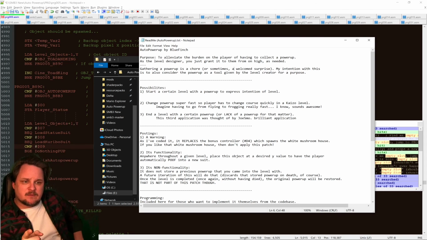Or three, and Joe Smo gave me this idea, which I thought absolutely brilliant. In the level with a certain power up or lack of a power up. So in the level is small Mario,